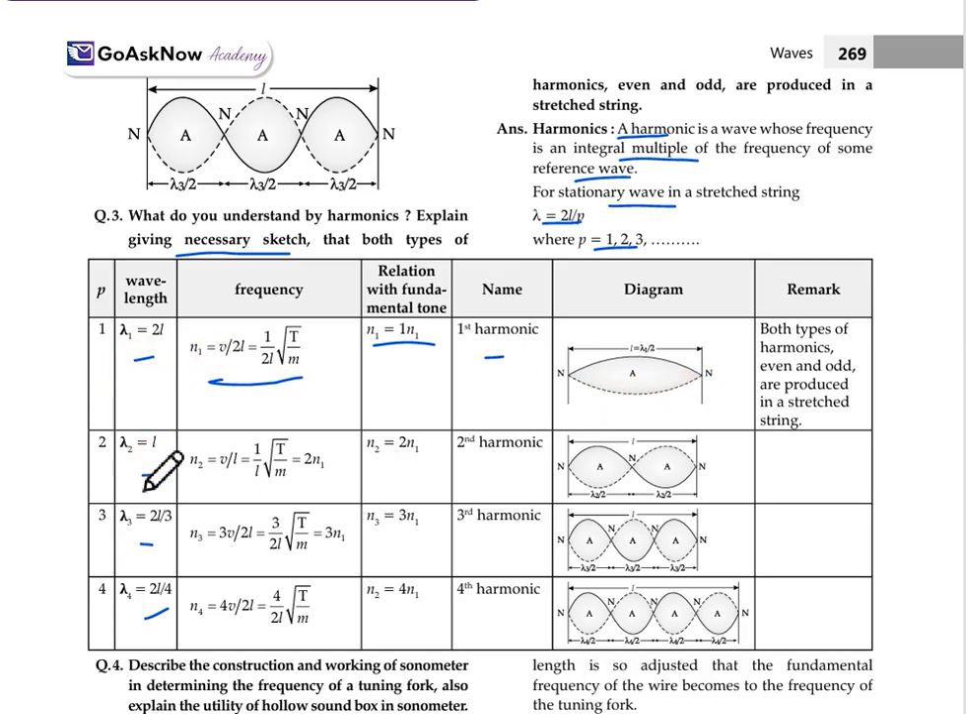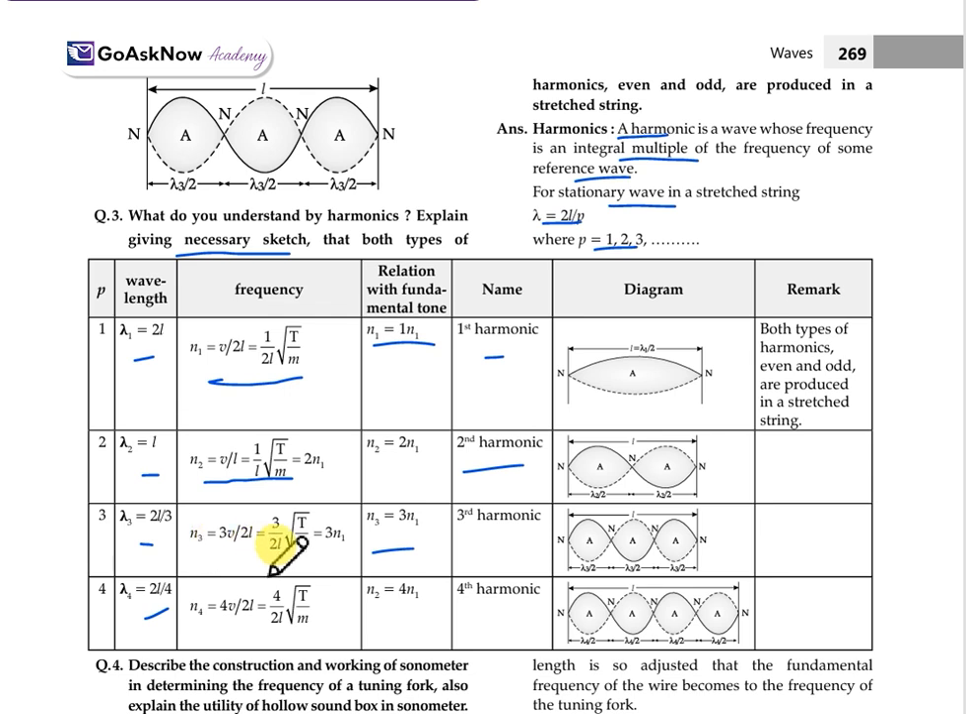For lambda 2 equals L, the equation will be n2 equals v upon L, which is 1 upon L square root of T upon m, which equals twice of n1. Means n2 equals twice of n1. It means second harmonic. Same, when lambda 3 equals 2L by 3,